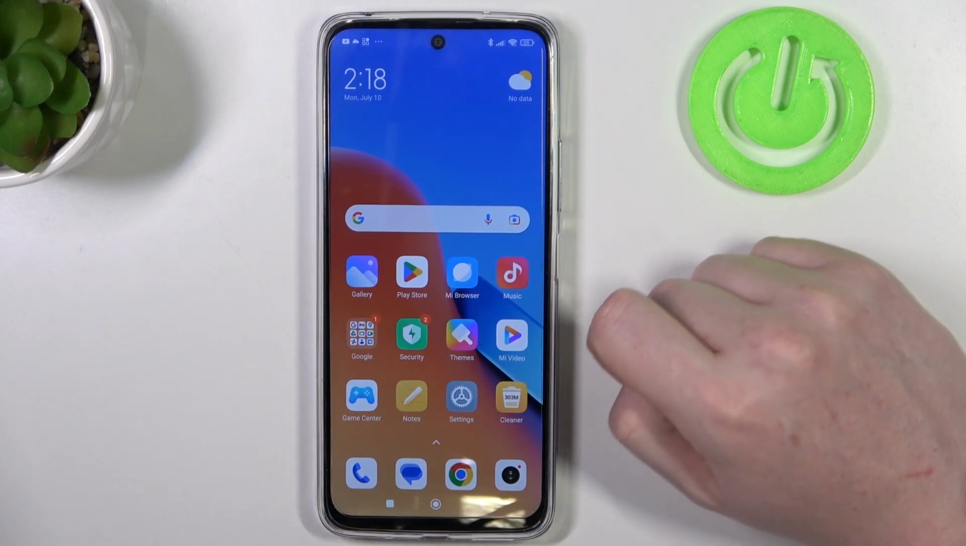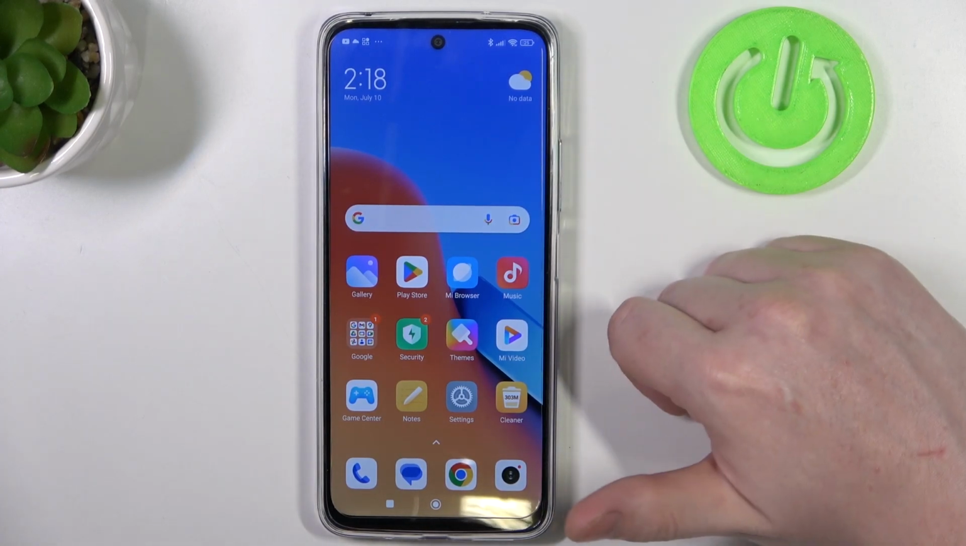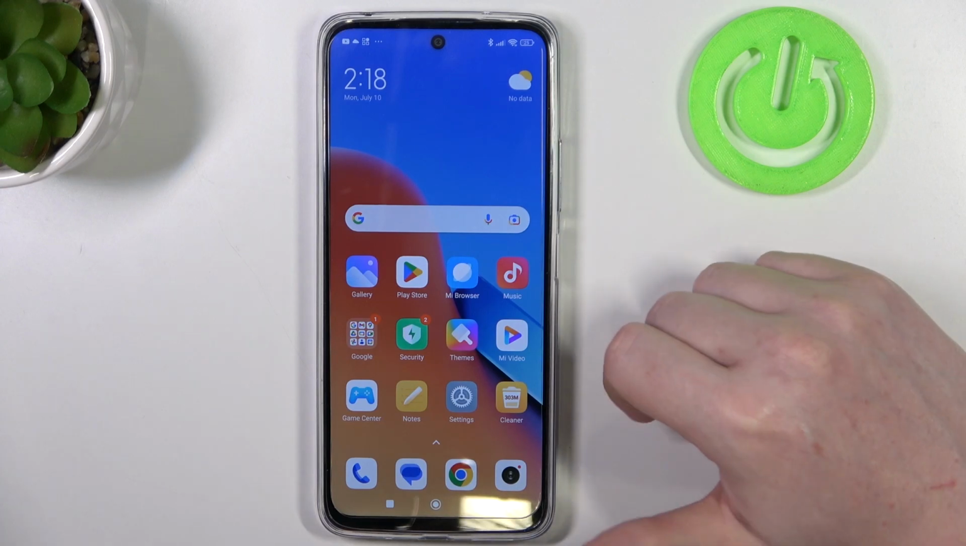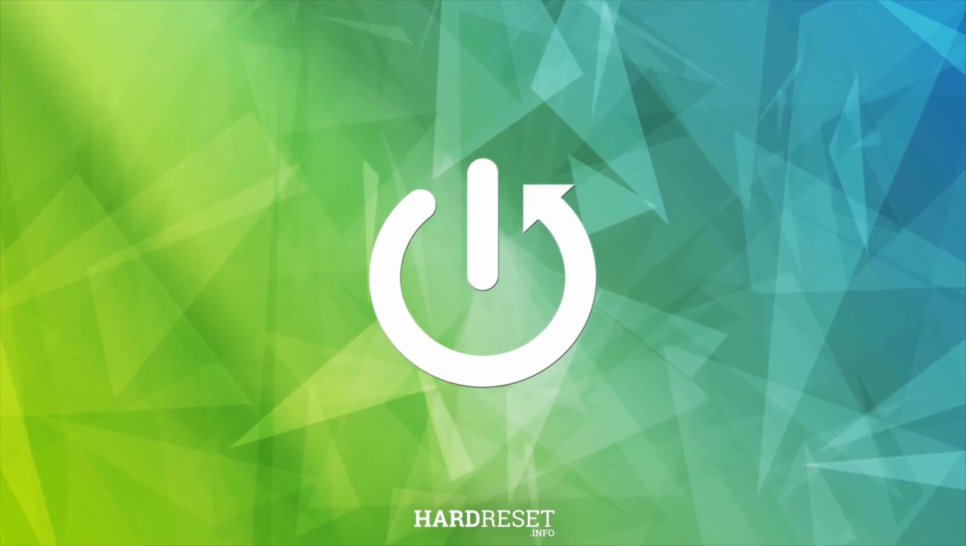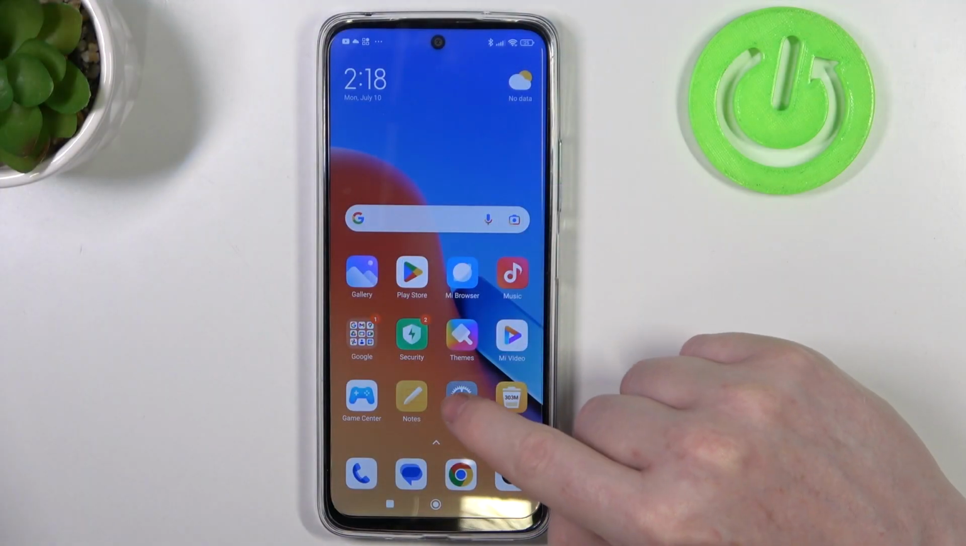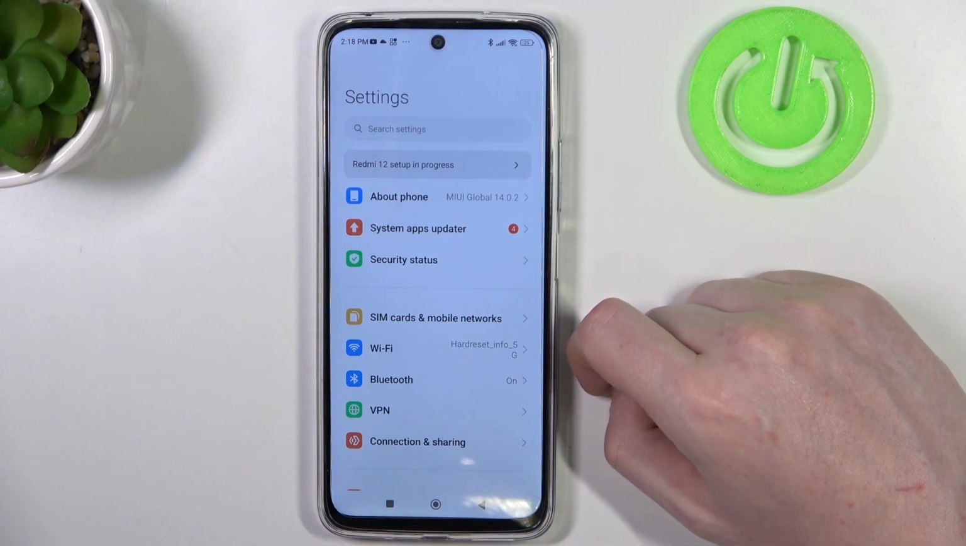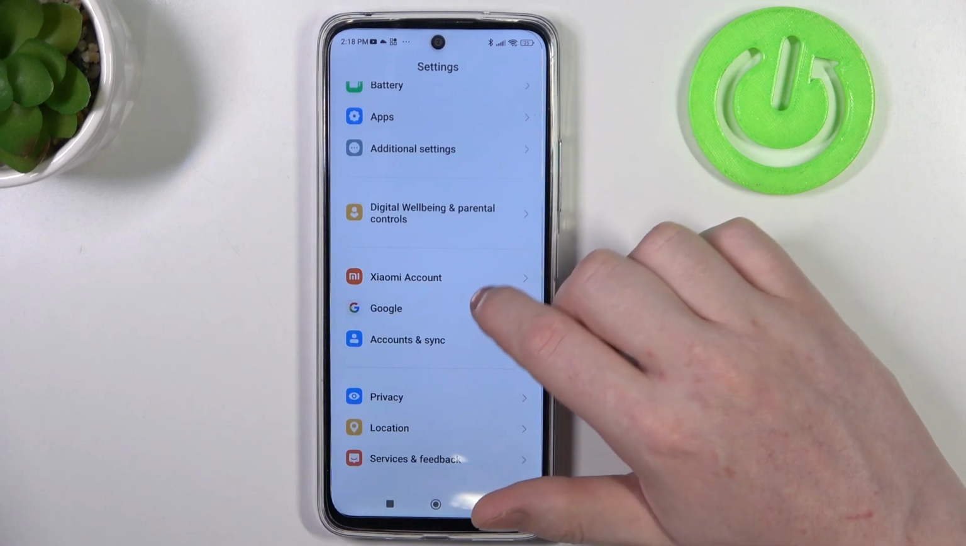Hello, in this video I want to show you a few useful tips on how to set up Redmi 12 for a senior elderly person. And to do this we'll need to open our system settings, then you can scroll all the way down and